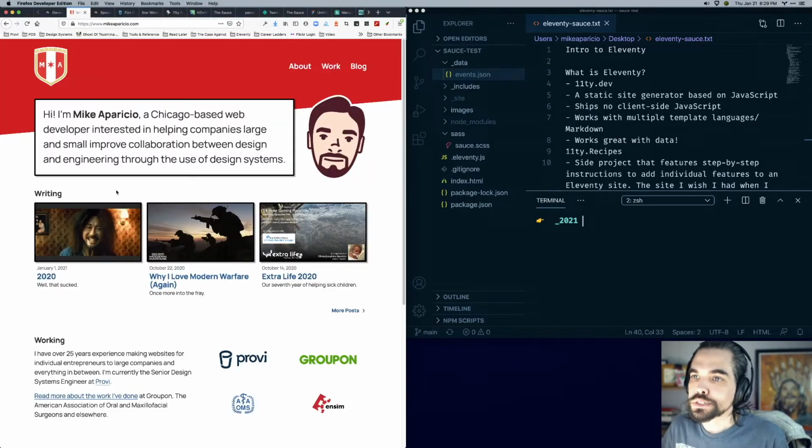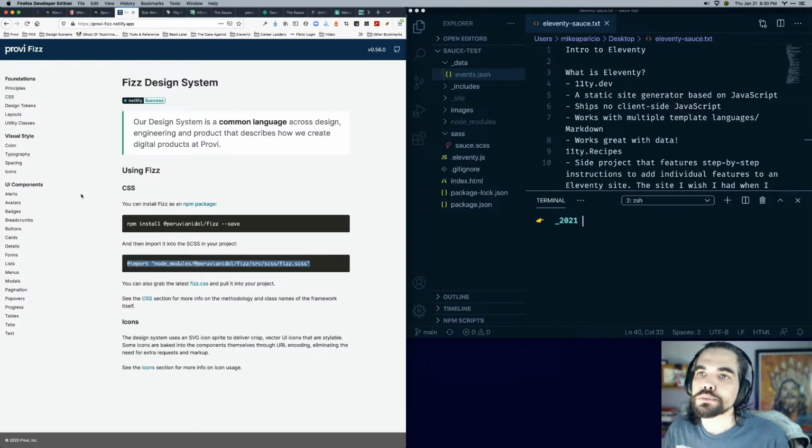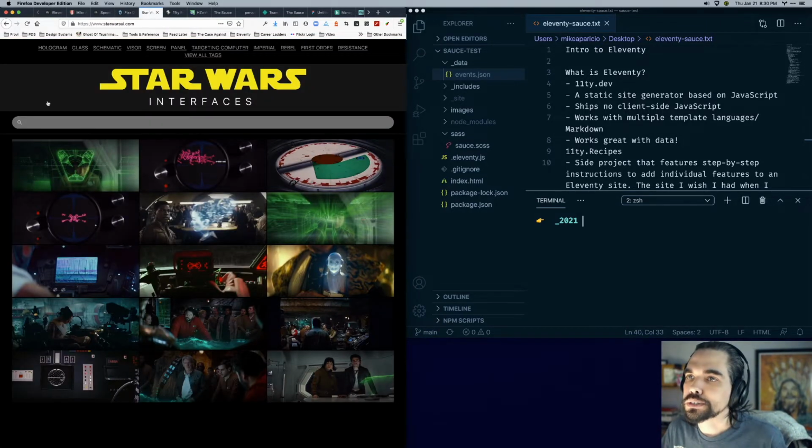Like I said, I've used this to build my personal website, which currently ranks 4th on the leaderboard of Eleventy sites as measured by Lighthouse score. So that's pretty cool. There's about 400 sites in this leaderboard. I've also used this to build our design system website. And recently I did a project for a friend of mine